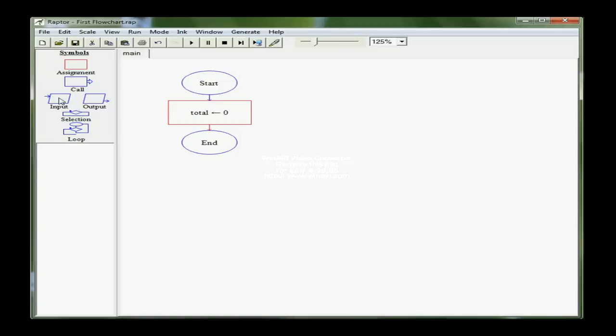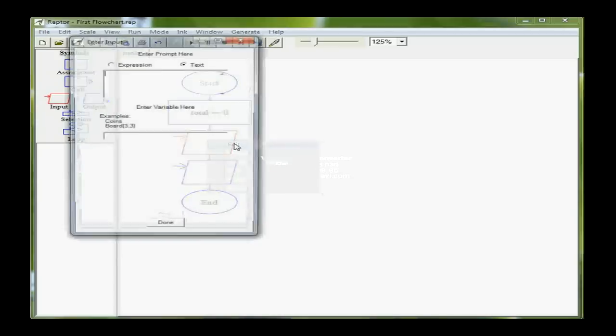So I'm going to drag an input symbol right under total, and because I have that tool selected, and I know I do because it's red over here, I can actually come right under this one, and when the mouse changes to the hand, if I click, it inserts another of the same type. This time I'm going to right click on this one because I can go into edit here,